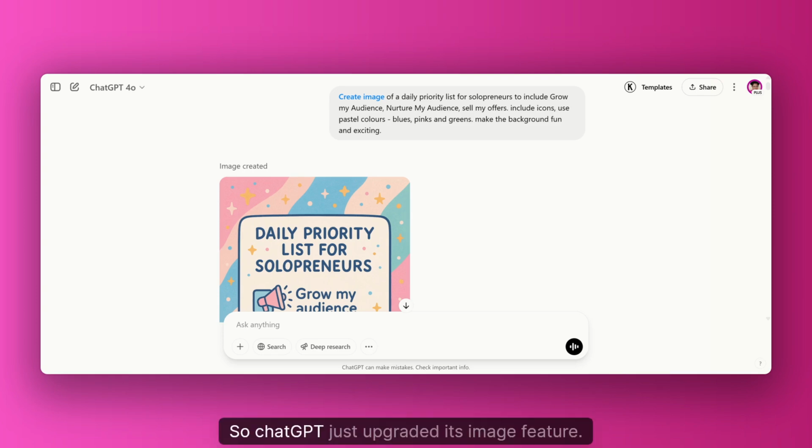Hey, so ChatGPT's just upgraded its image feature. It's now called Create Image, and it's a step up from the old version, which was DALL-E 3. In this video, I'll give you a quick overview of what's changed, how it works, and what you can actually do with it. So as you can see on screen right now, I have created the prompt,